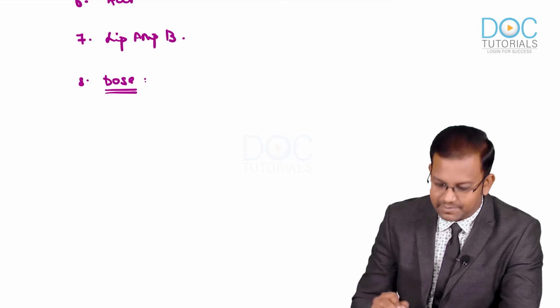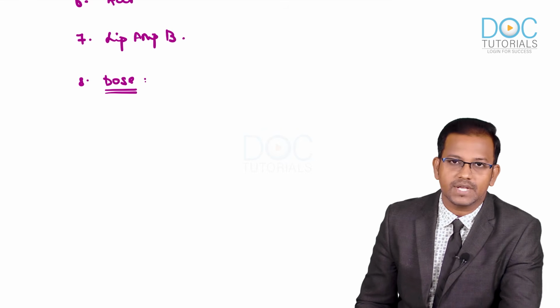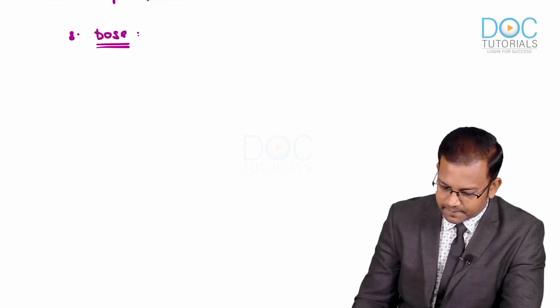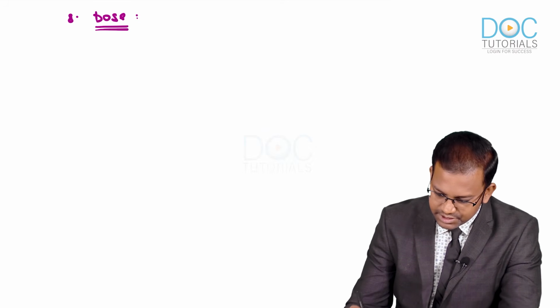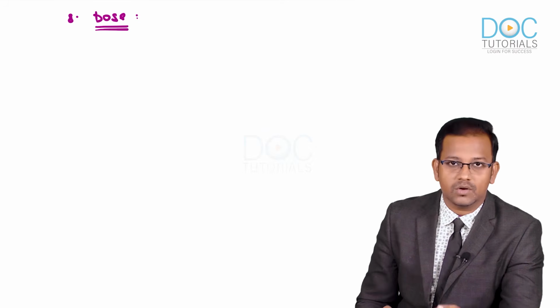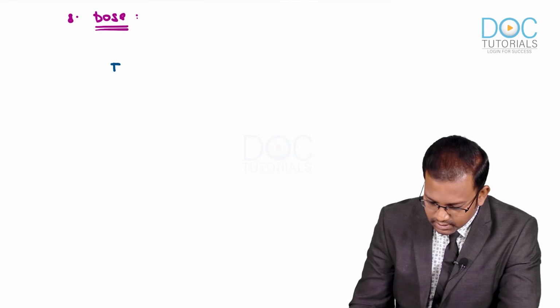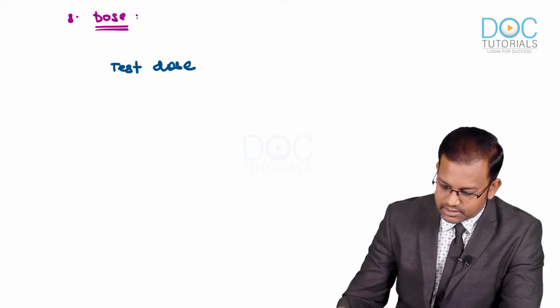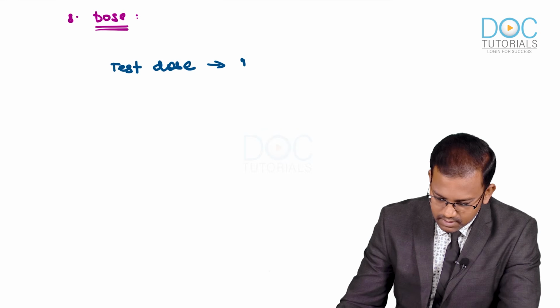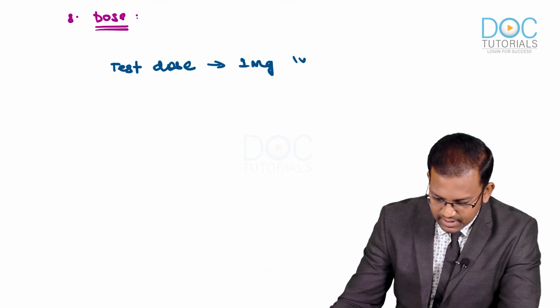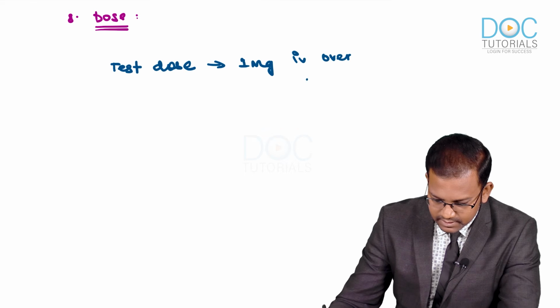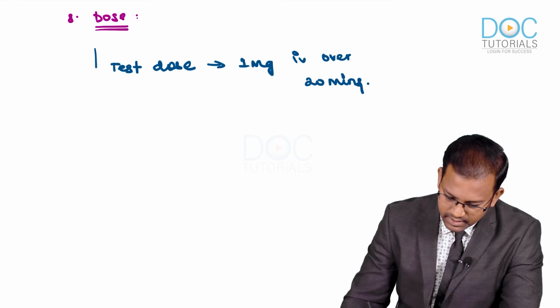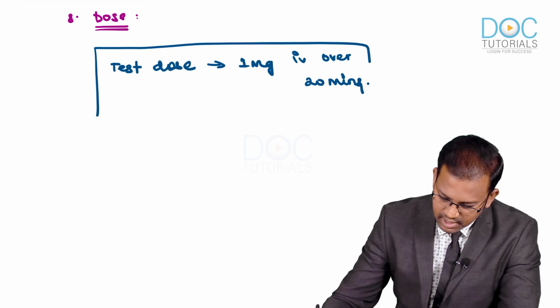Especially in these recent times, we are going to talk about how we are going to use amphotericin B in terms of mucormycosis. Before administering amphotericin B, it is always advisable to go for a test dose. A test dose of 1 milligram is given IV over a period of 20 minutes. This is the usual test dose which we administer for amphotericin B.